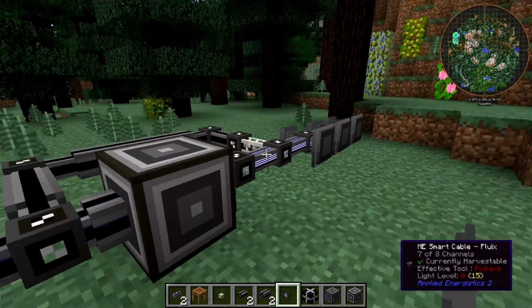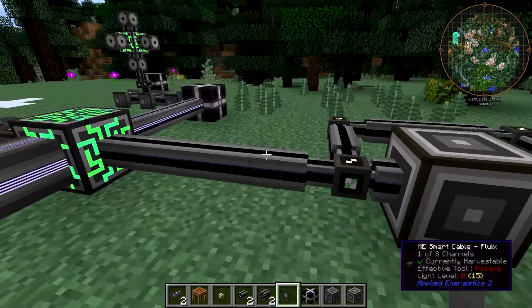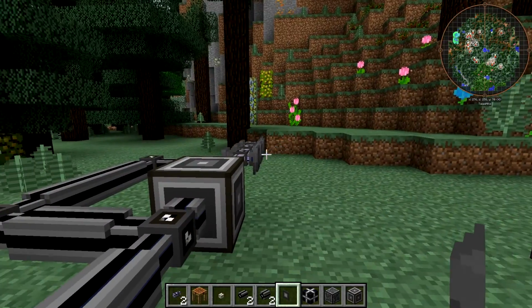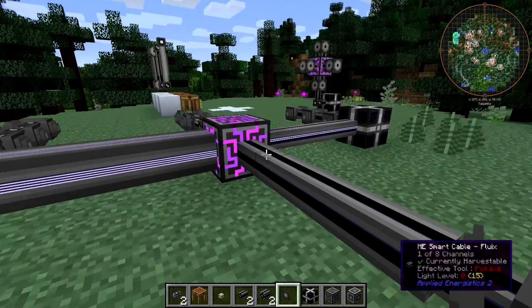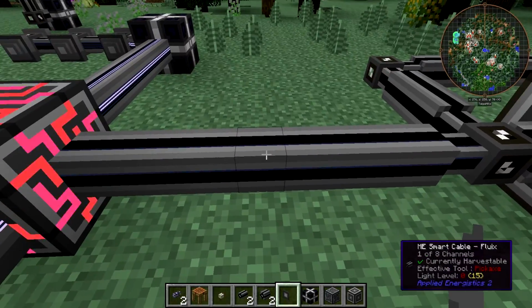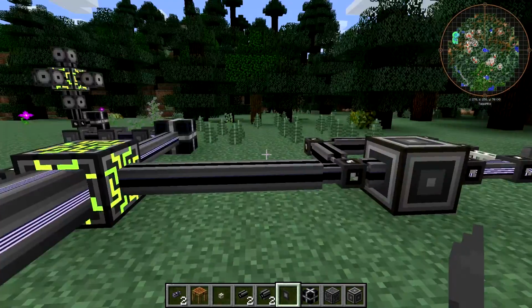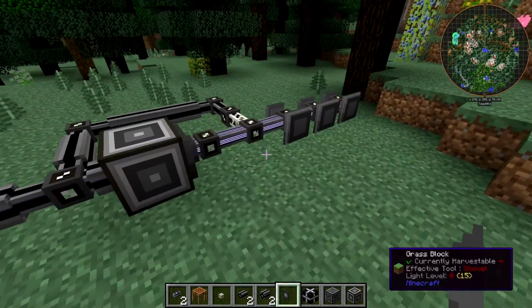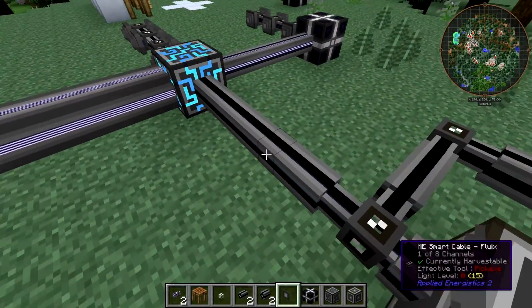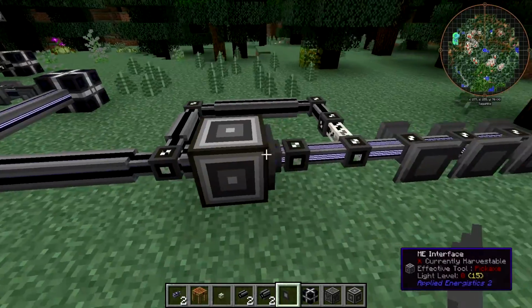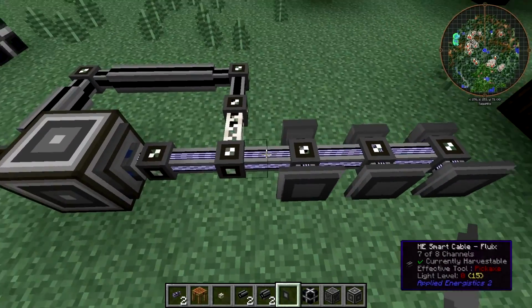By using subnetworks, you can extract far more processing capacity from even the 192 channels that we have. Essentially, you can have up to, really, 8 subnetworks on this one cable, each containing quite a lot of